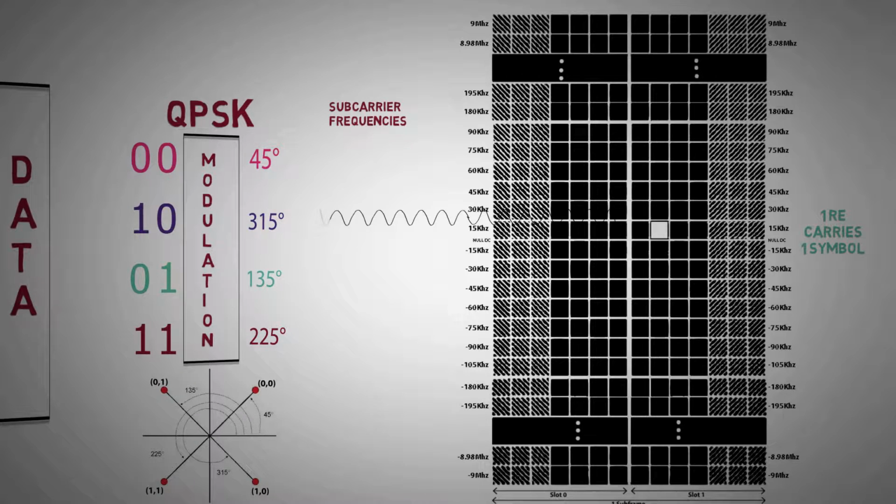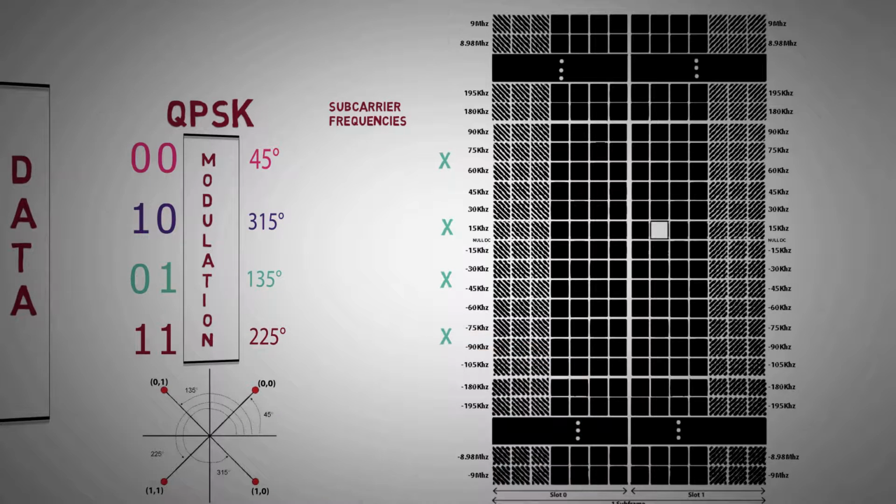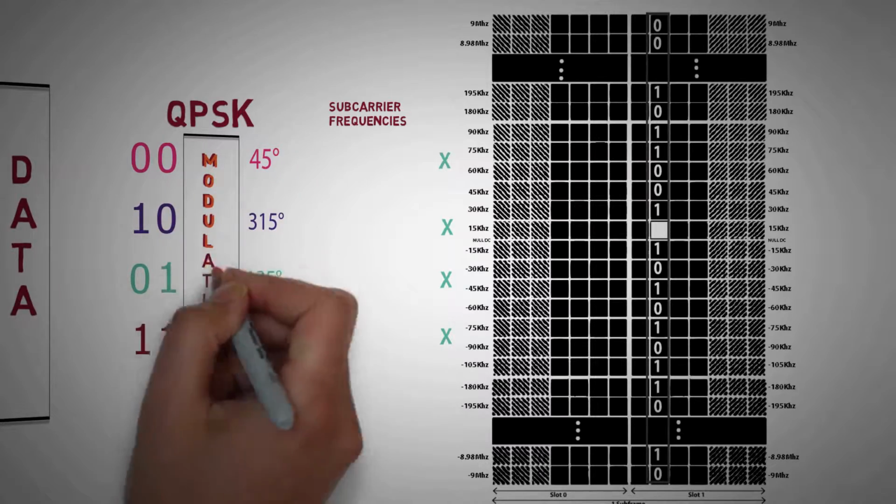Finally, data is placed over the resource elements by adjusting the phase and amplitude of the subcarrier to those derived for the data stream. Mathematically, it means multiplying the complex modulation symbol with the corresponding subcarrier frequency. Thus, in a 20 MHz channel, all the 1200 resource elements carrying 1200 symbols over 1200 subcarriers are modulated with